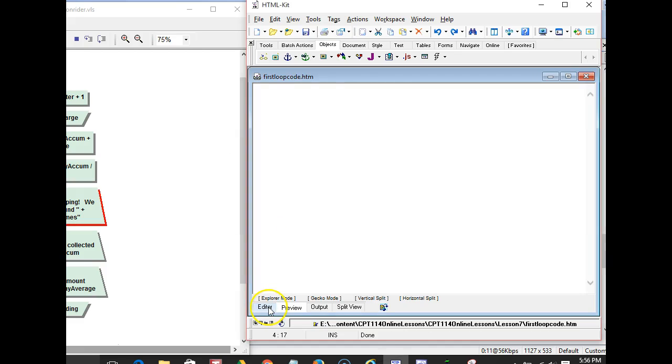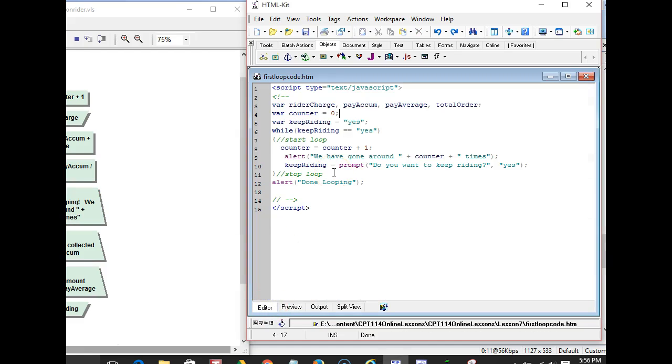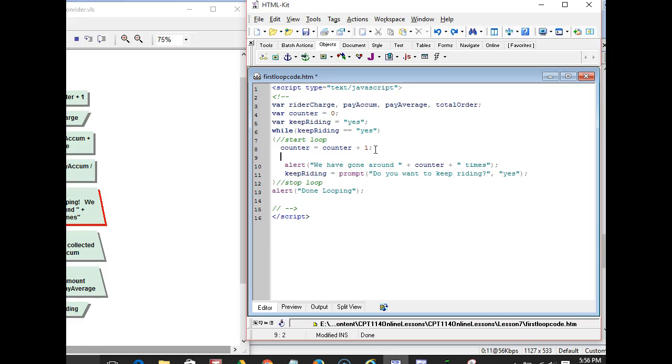Okay, so now that we have done that, that's about 8 minutes in, so let's go ahead and next do our input. And that is payAccum. So I have a place in memory called payAccum. I want to assign to that place in memory what's returned from my prompt when I ask this question. And I'll say, how much for the ride? Question mark. Close quote. And then my argument, I'm just going to put 10 in there,